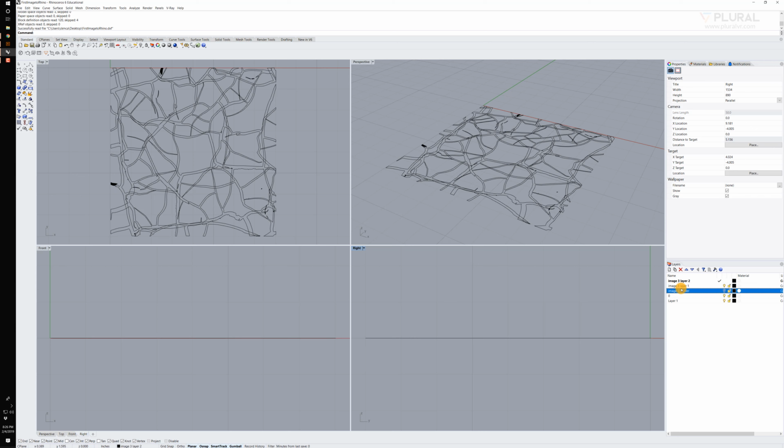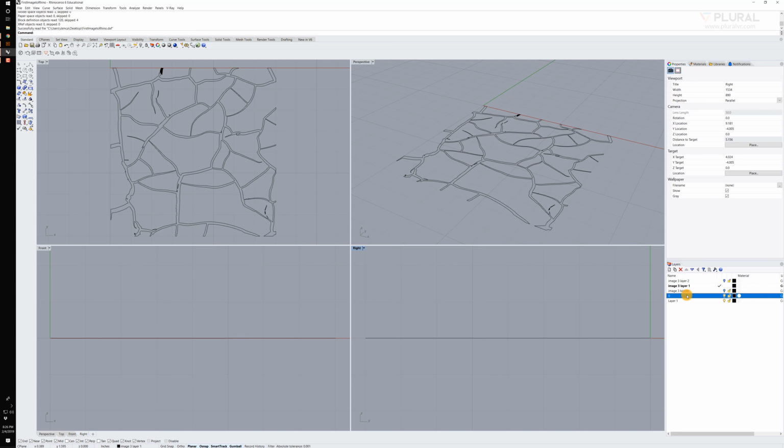So I want image 3 layer 1, and to select this layer I need to make sure that I click this little checkbox, or I can double click on a layer, and you can see that checkbox means it's the active layer. I can turn off my other layers here, and in fact if I wanted to I could delete them. The one thing we looked at in class was using this border to make sure that it came in